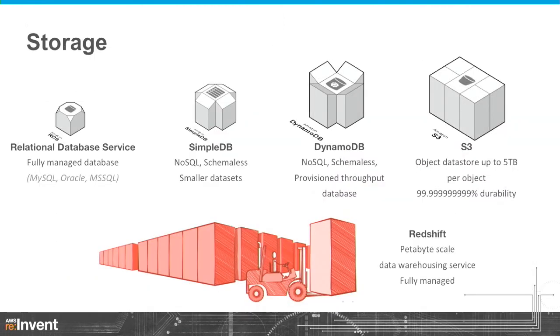Now, where do you store the data? A lot of you are familiar with S3 as a scalable object store where you can store a lot of data, and a lot of genomic data is going into S3. But we also have other services like Glacier, which we announced a while back as an archival service where you can store a lot of genomic data for a penny a gig a month